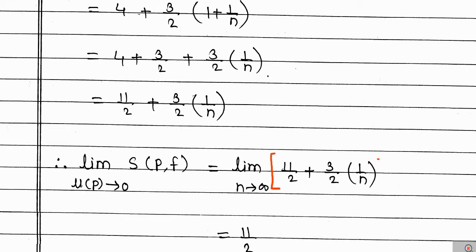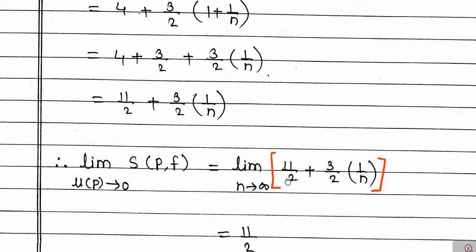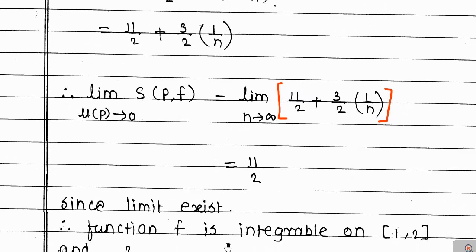But obviously the limit of a fixed or constant quantity is unchanged. So therefore we obtain this as the limit of 11 by 2 as n tends to infinity, which is simply 11 by 2 as it is. Okay, and plus then the next term is what? The first term is 11 by 2 as it is, plus the next term, 3 by 2 into the limit as n tends to infinity of 1 by n,